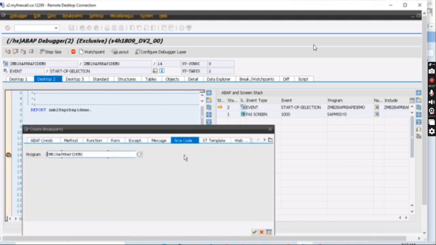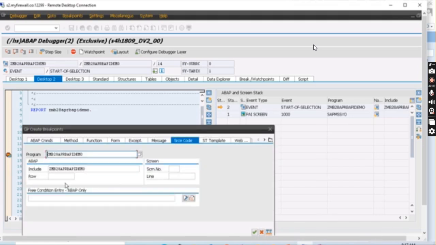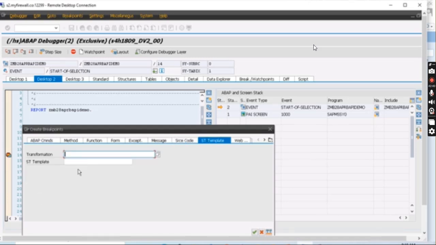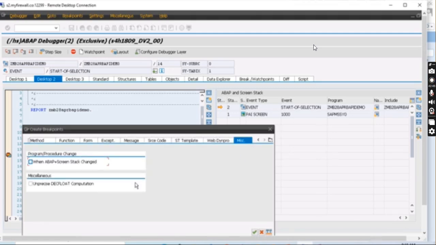Source code, right? This option is also there. You can give the screen number and line, and it will stop at that particular row. I have not used this one, which is web dynpro related. You can use this one when the ABAP or screen stack changes, whenever the stack is going to change.